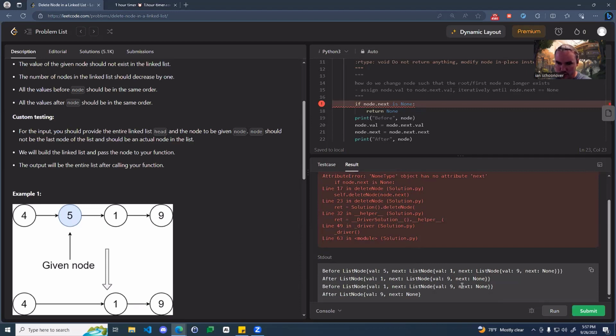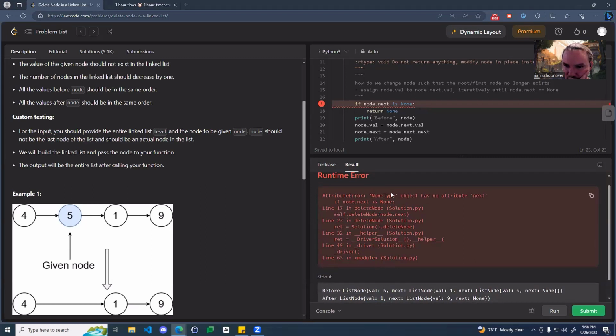After 1, 9, it takes in 1, 9, and then after, is this doing this? I feel like this is doing the same thing that our iterative loop did. No, it shouldn't though. Like before, this is the new node, and then after, oh